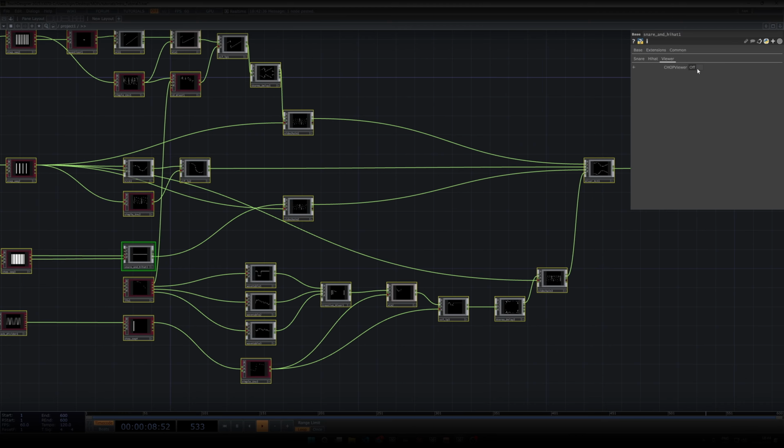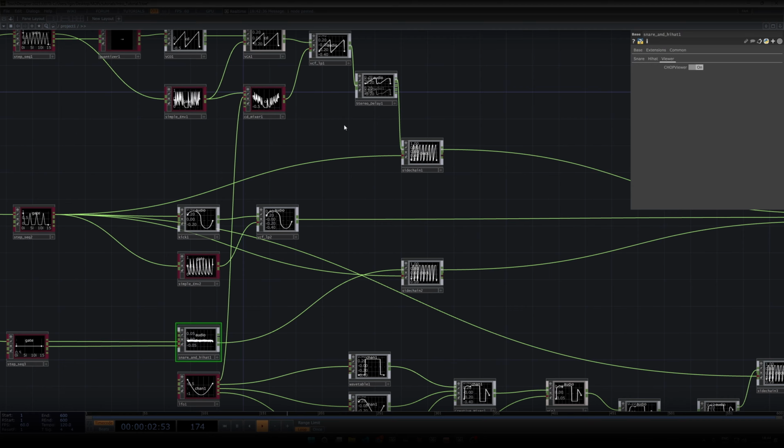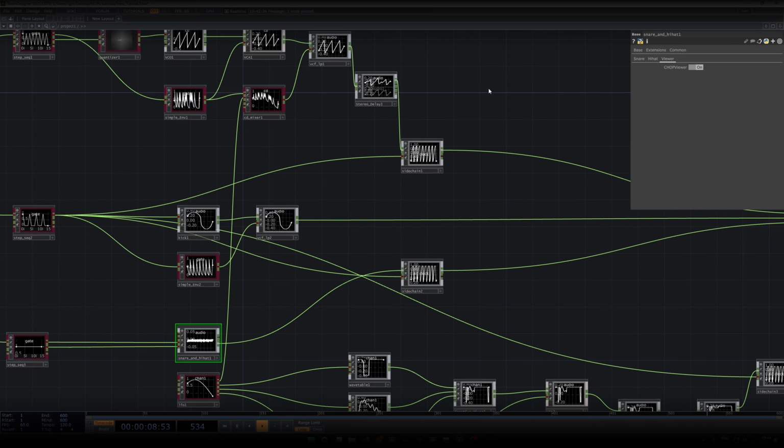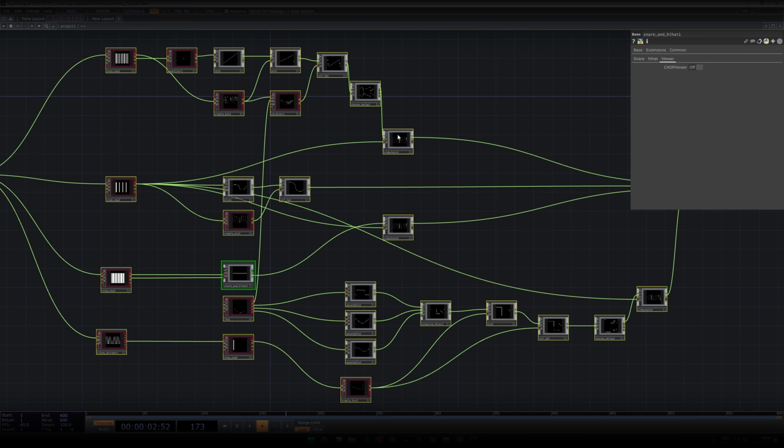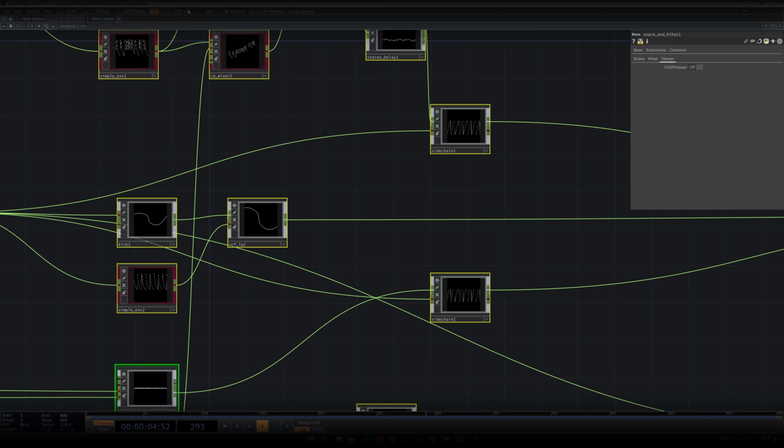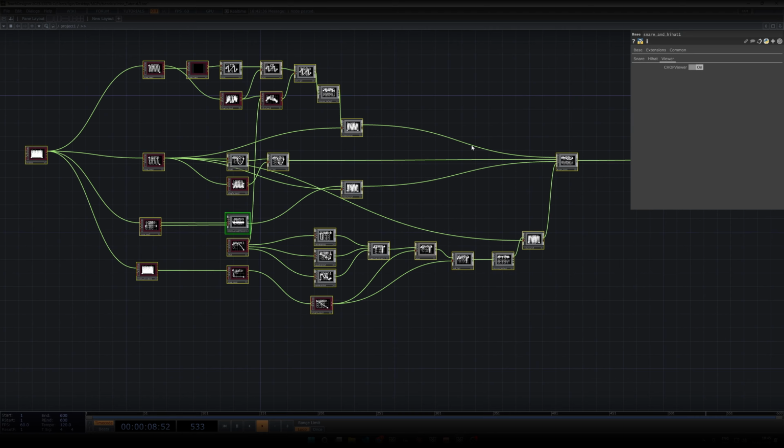If you open this, it will switch between the CHOP viewer, like a traditional CHOP viewer of TouchDesigner, or my viewer. So this will drastically change the FPS drops. If your FPS is dropping, you can just always switch to the CHOP viewer. It will make everything easier for your